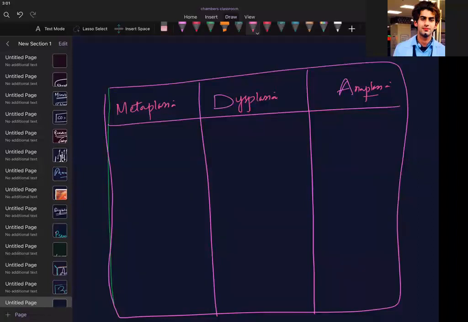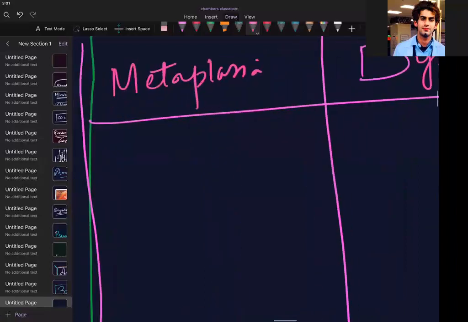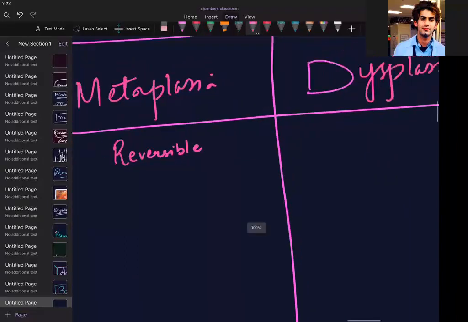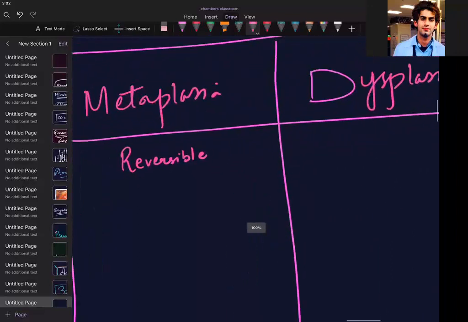No, this is also a wrong answer. Irreversible is also a wrong answer. So now the probability is gone. Any 50-50 probability is gone. You were having a 50% probability of answering anything. Now that is also gone. So what will happen now? Now I have to answer. Okay. So metaplasia is reversible. That means you are forgetting. You have to revise, my dears. It's okay if you don't remember right now, but please revise for your exams also.